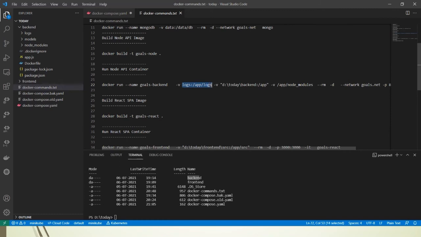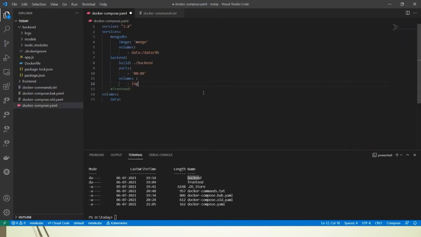We give the named volumes over here. We don't need to give the image name, that is not required. So I will put this one, and this is the named volume, so I will add logs over here. This is needed.